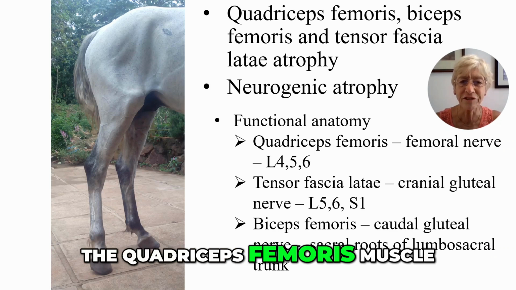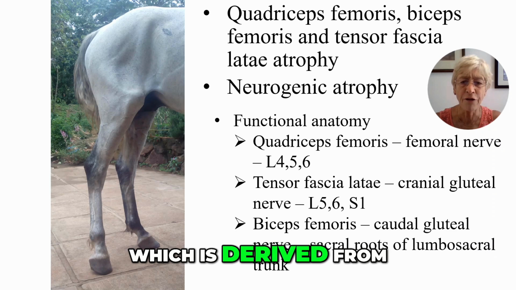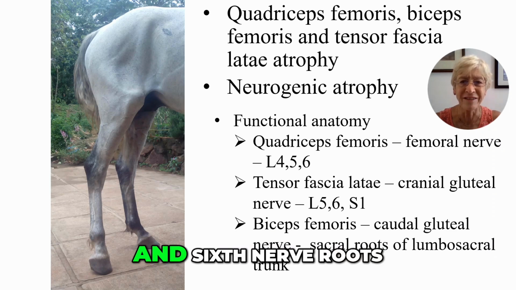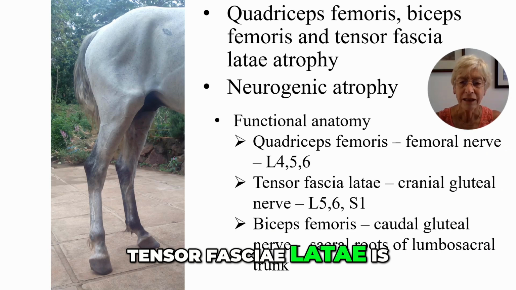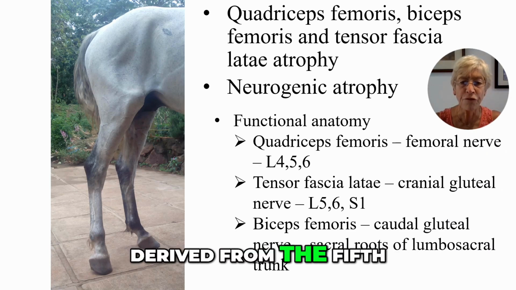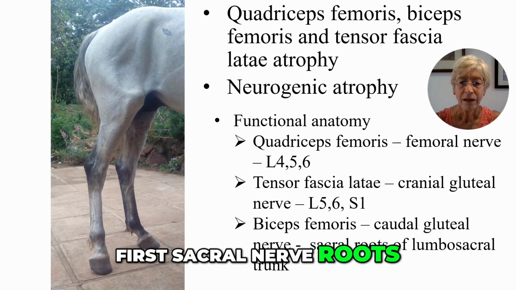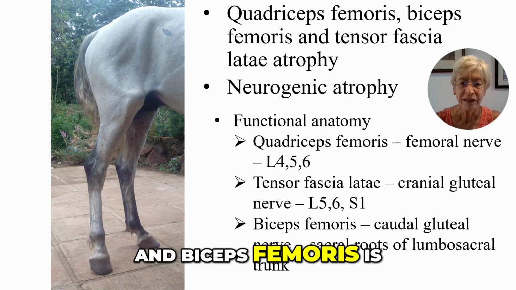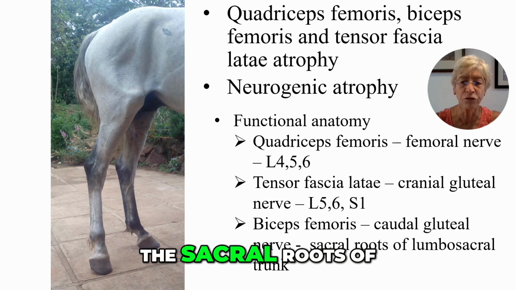The quadriceps femoris muscle is innervated by the femoral nerve, which is derived from the lumbar 4th, 5th, and 6th nerve roots. Tensor fasciae latae is innervated by the cranial gluteal nerve, derived from the 5th and 6th lumbar and 1st sacral nerve roots. And biceps femoris is innervated by the caudal gluteal nerve, derived from the sacral roots of